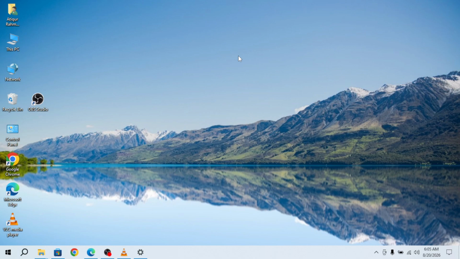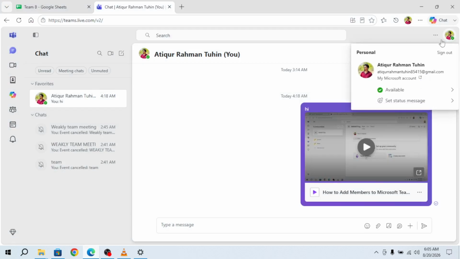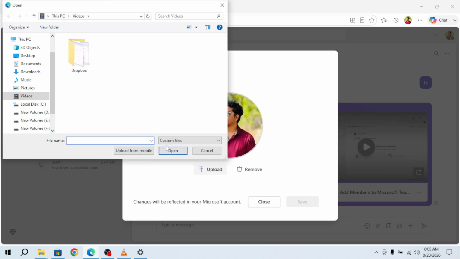So let's get started. First, open Microsoft Teams and sign in. At the top of the Teams window, select your profile picture. When your account menu appears, select your profile picture again to open the profile photo options. Now select Upload Image. Browse to the photo you want to use on your computer, select it, and confirm the